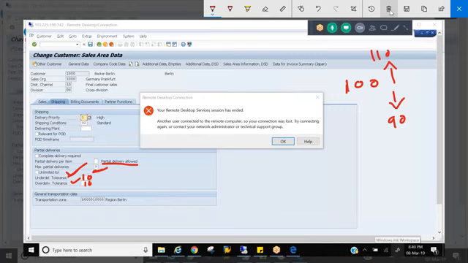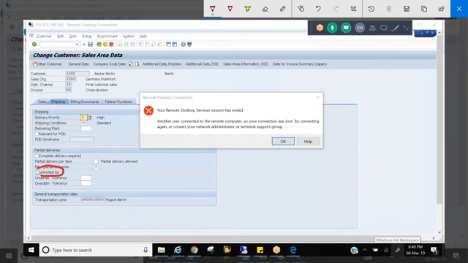And unlimited tolerance. Unlimited tolerance is not applicable for general customers. This is for internal customers. What is an internal customer? We'll discuss later. We use an internal customer for STO purposes, stock transport order. He is an internal customer, right? So this unlimited tolerance is not applicable for other customers. Unlimited tolerance means you can increase to any level. You cannot do it for external customers. That's only for internal customers. Okay.